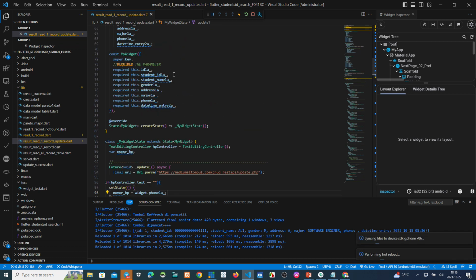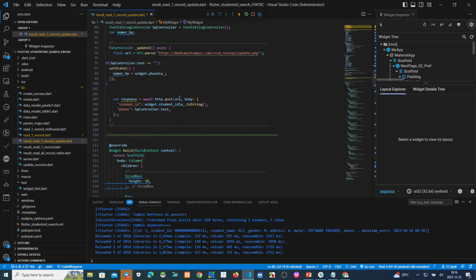It means if the HP controller text is null, like I mentioned before, the new HP equals the previous value. This is the script to solve the problem.